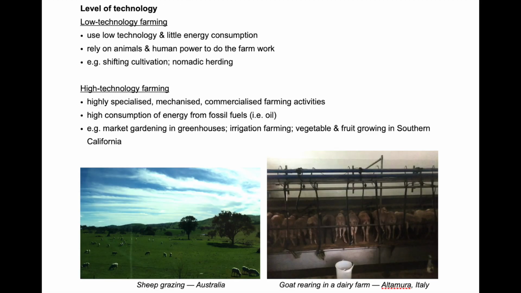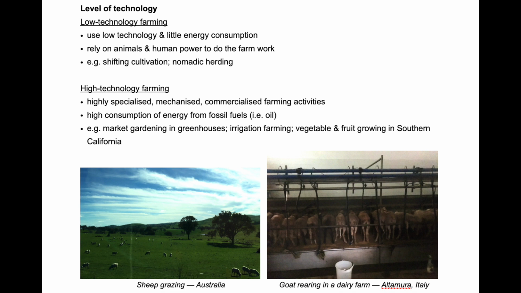So low-tech farming means it is mostly relying on manual labor. Basic tools, let's say you have an axe, you have a plow, you have a water bucket, you have some animals to help irrigate. So those typical images of a farmer behind a cow or a farmer carrying a bucket of water, those would be low-tech farming. So not a lot of sophisticated technology. So rely on animals and manual labor.